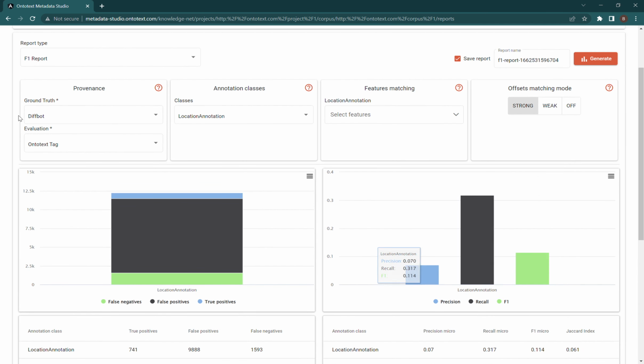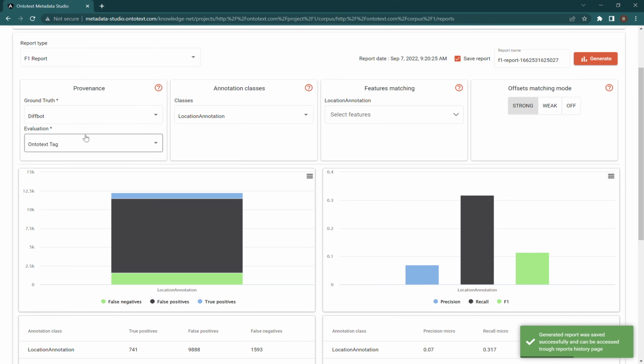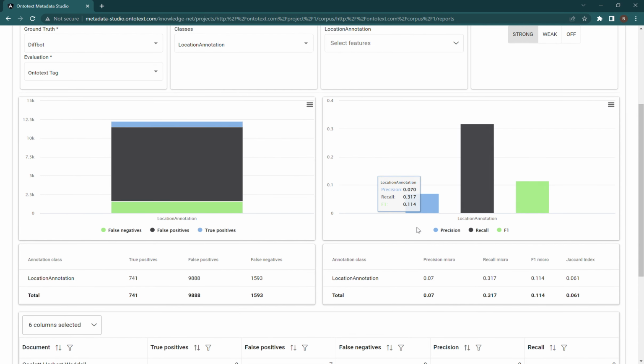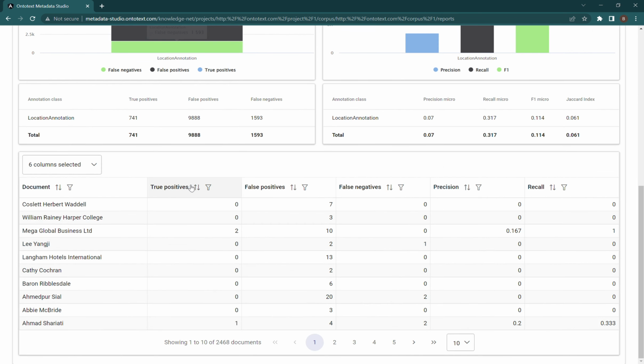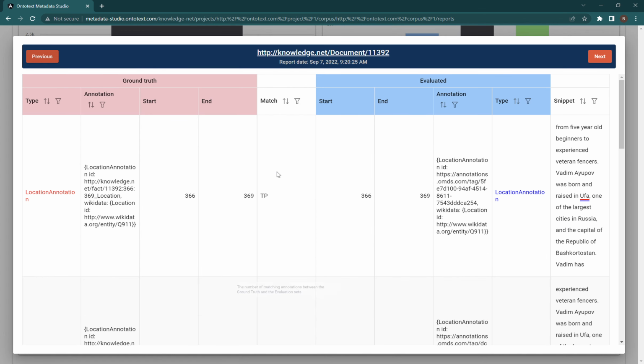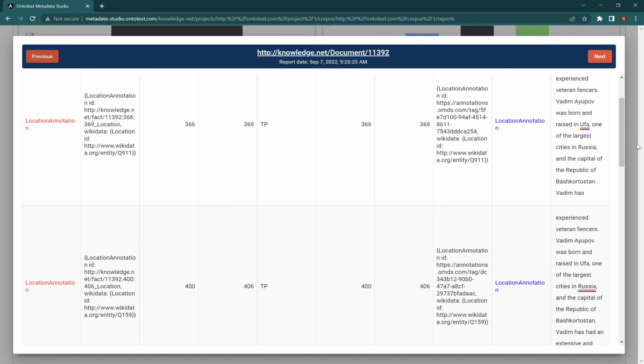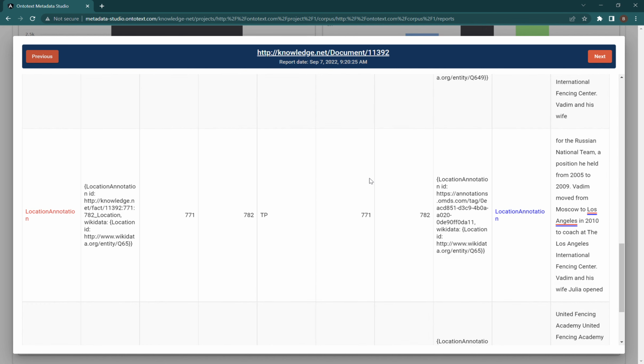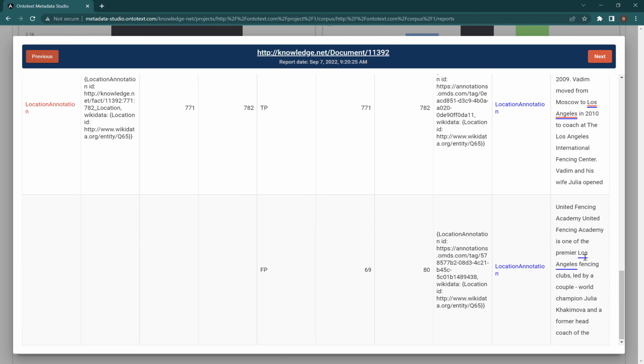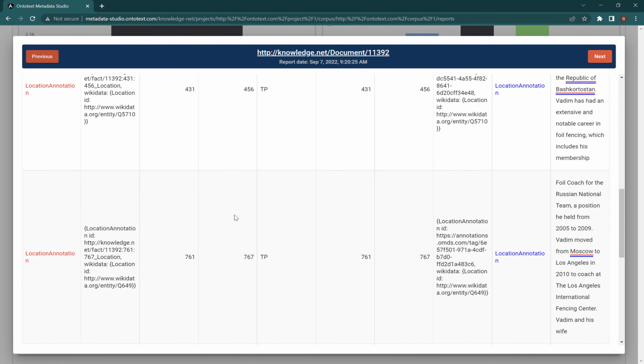In this case, I can see that using the default Diffbot annotations that are part of the KnowledgeNet corpus against our own Ontotext tagging service, the results don't look that exciting. This is, of course, due to the fact that, as we can see below in the drill down report, there are differences in the writing styles and differences in the annotation guidelines, but we can drill down on specific articles and see what the two sources of annotations agree on and what the differences are. In this case, Los Angeles is annotated as a location by the Ontotext tagging service, but was not marked by the